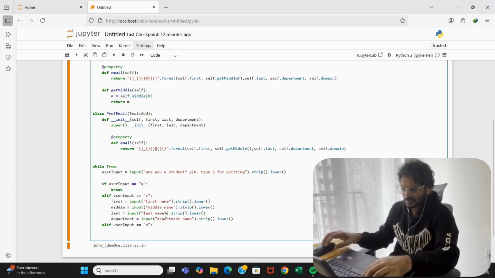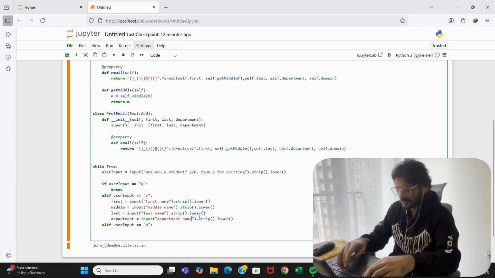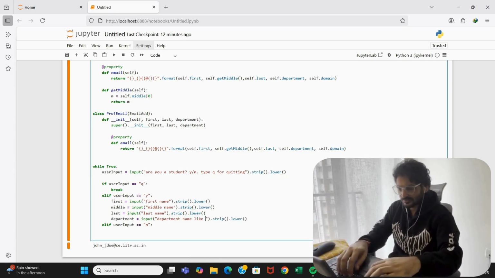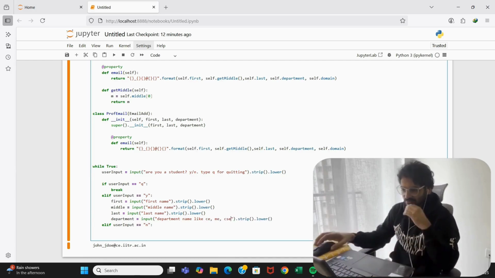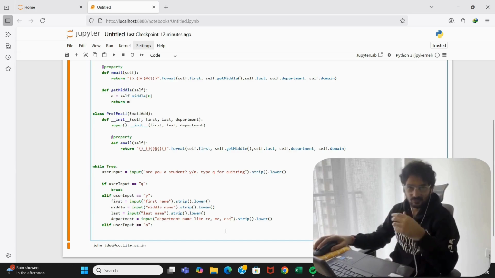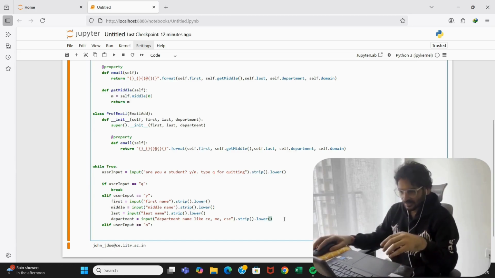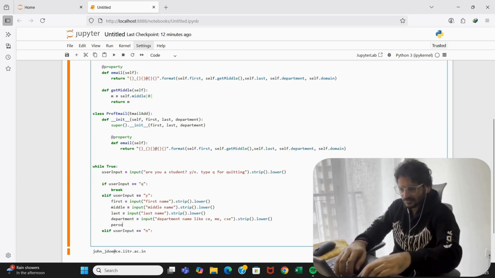Here we want the department name like let's say CE for civil engineering, ME for mechanical engineering, CSE for computer science engineering, right? So we just tell the user we want that kind of behavior,